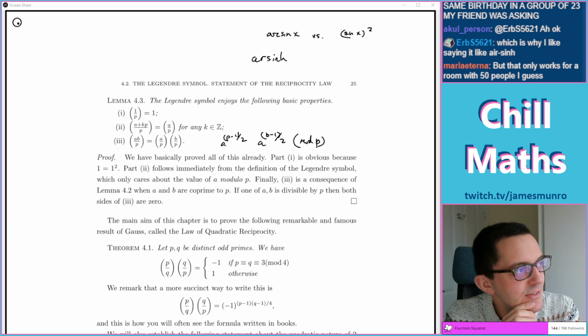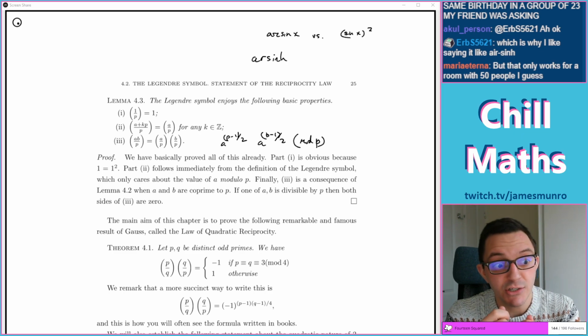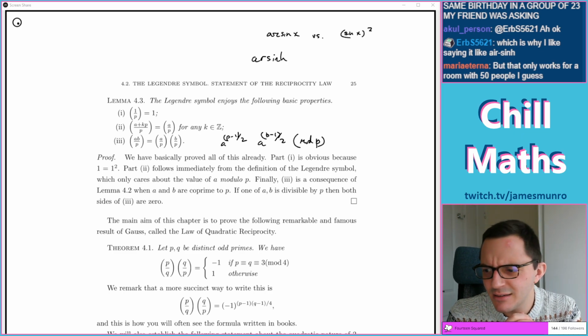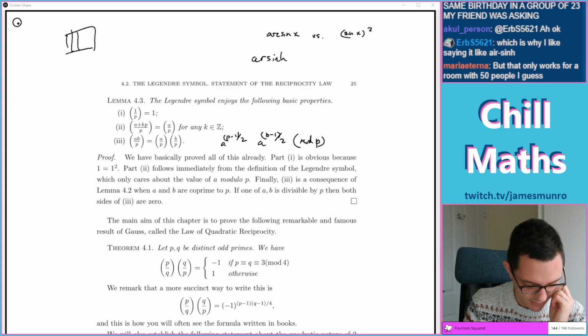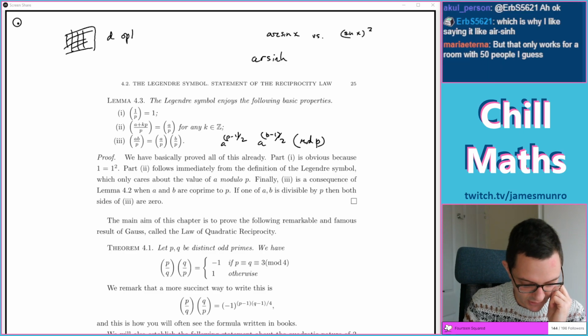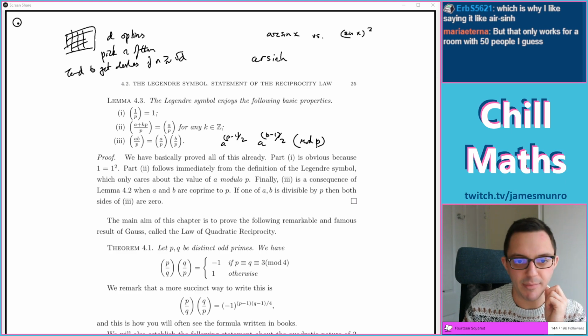You might think that it should be really small because 23 is way less than 365. But the key comparison is that 23 is about the same size as the square root of 365. And this kind of coincidence, when you select things from a group of, say, D options, you pick n of them, you tend to get clashes if n is bigger than roughly the square root of D. It's called the birthday paradox in general.